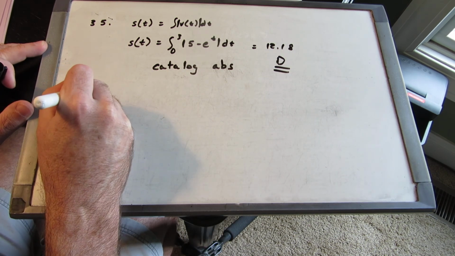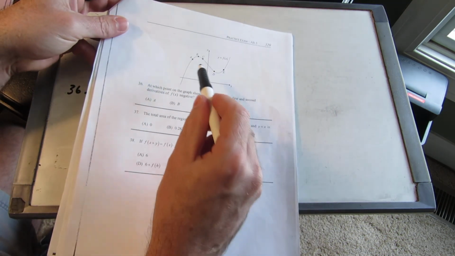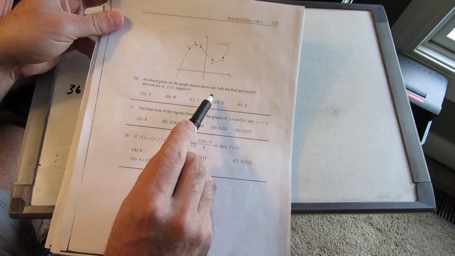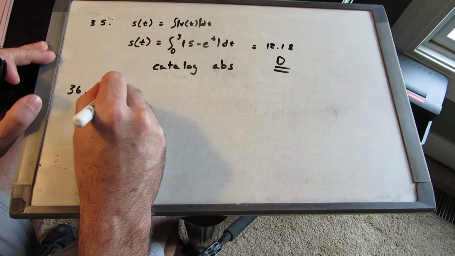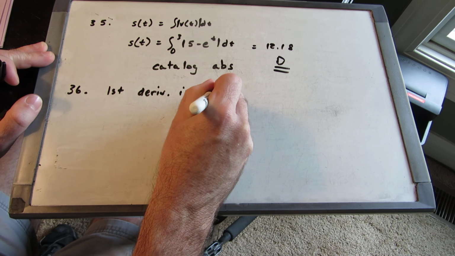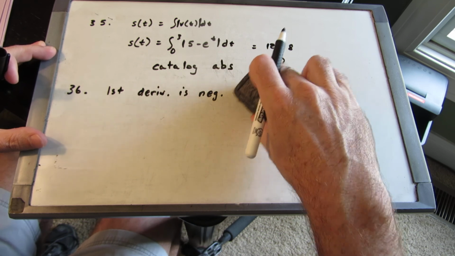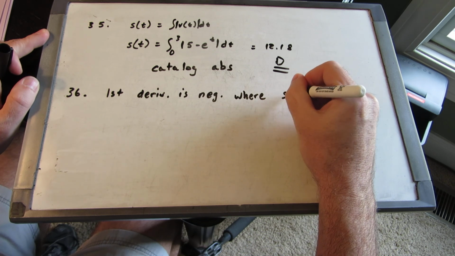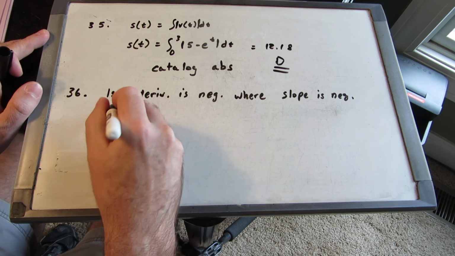Number 36 I think I can fit on the board here. 36 says we've got a graph that looks like this, and it asks at which point on the graph above are both the first and second derivatives negative? Well, the first derivative is negative where the slope is negative. And then the second derivative